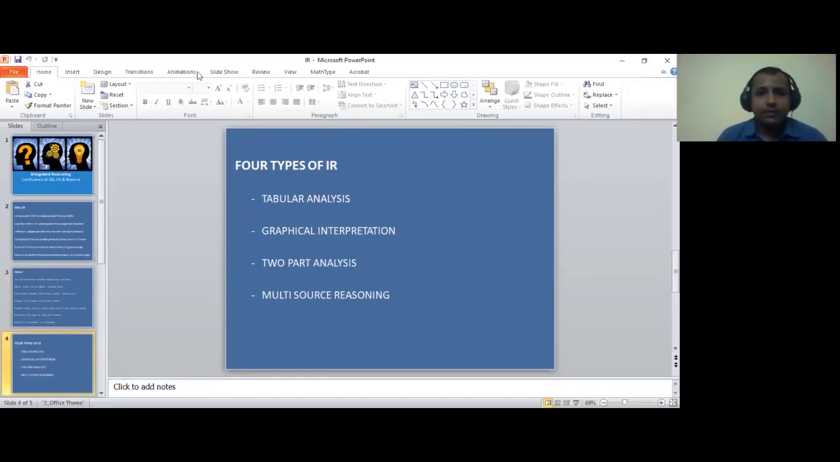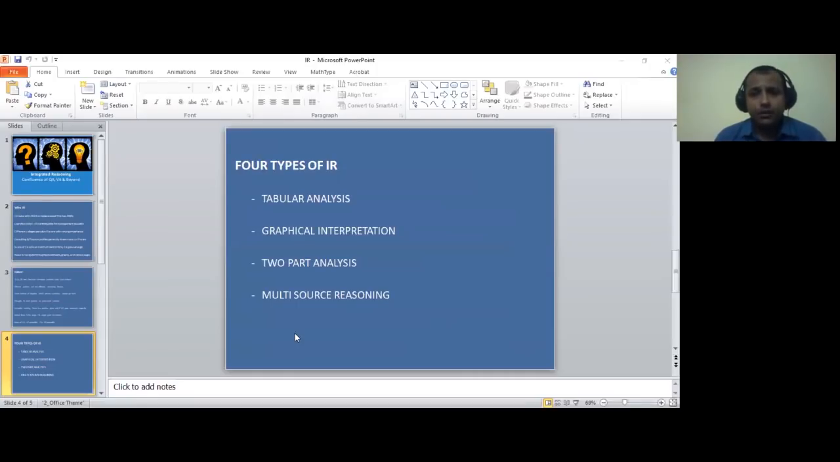Okay, so 4 types of IR. There are tables, there are graphs, there is something called a two-part analysis, and there is multi-source reasoning. Now, two-part analysis and multi-source reasoning might come as new terms to most of us if we have not yet started